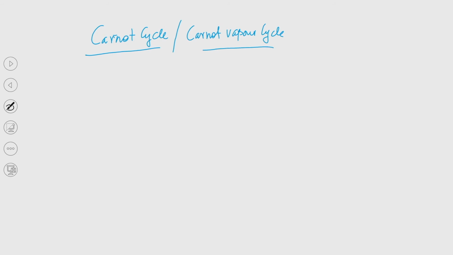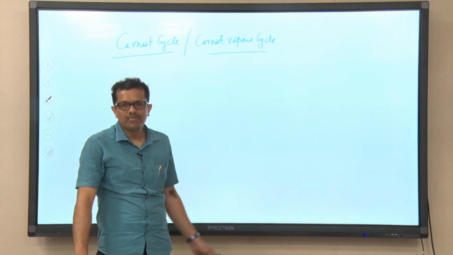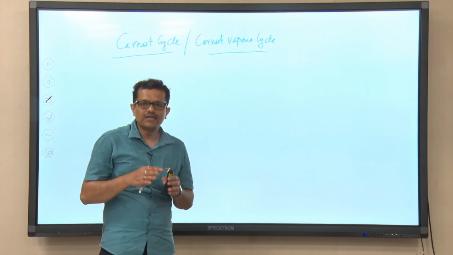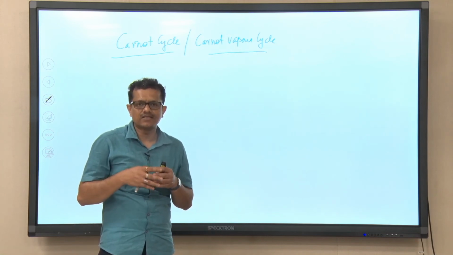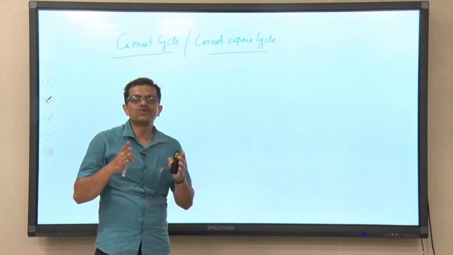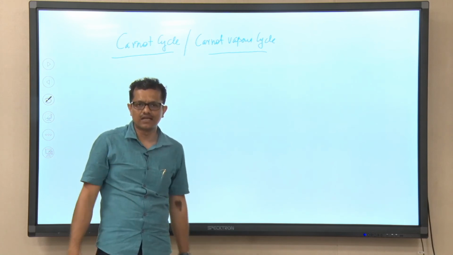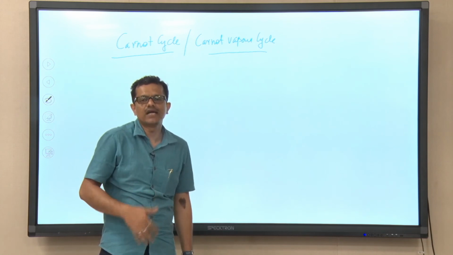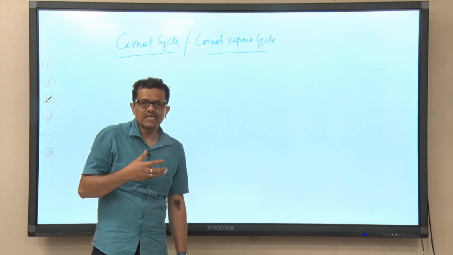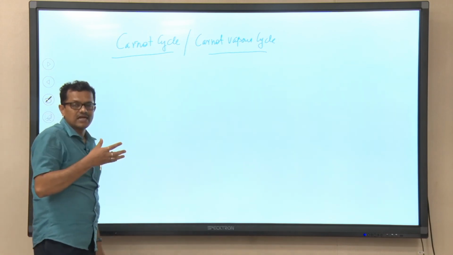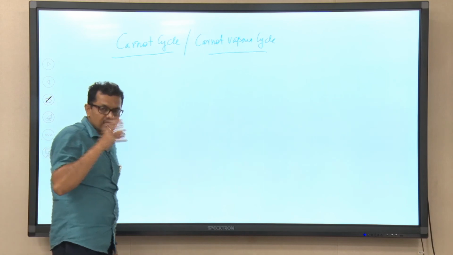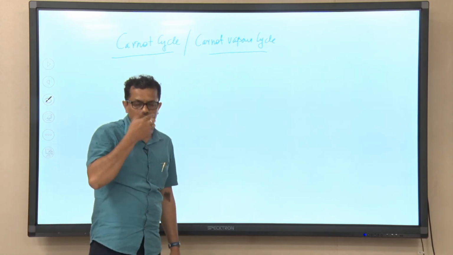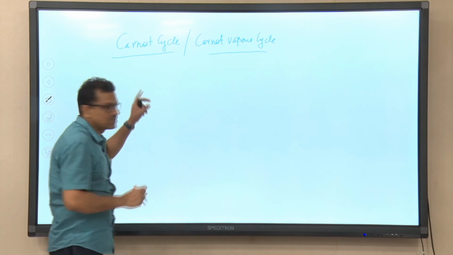Okay. As I said, there are two efficiencies, one is ideal cycle efficiency, the other is the actual cycle efficiency. Though it is very difficult to achieve the ideal cycle efficiency in practice, still we need to analyze it, because we need to compare the performance of all actual cycles. If you would like to compare actual cycles, at least we should have one index with which we can compare. So, to compare the actual cycles, we should have one cycle, and that is the ideal cycle, and for that we should understand this.